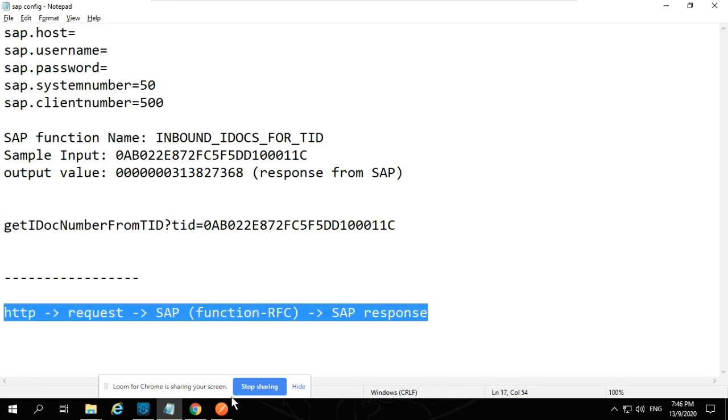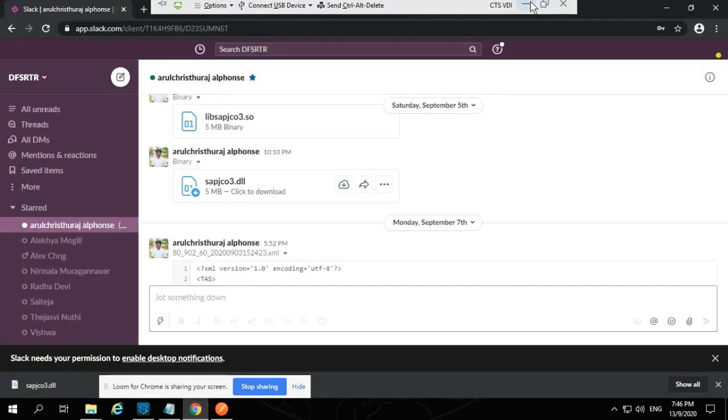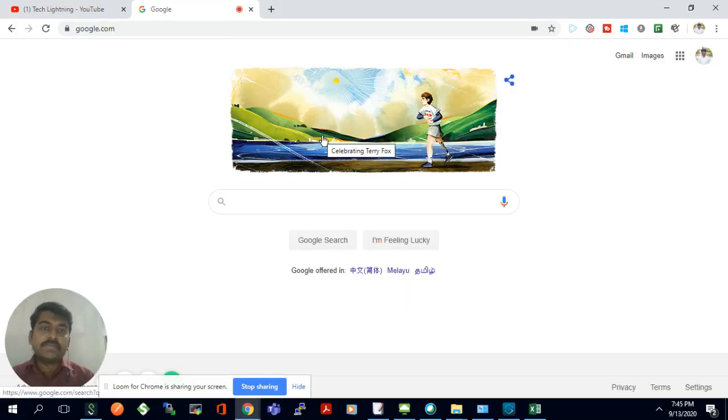Whatever we tried is only a simple BAPI, and you can use any method. The only thing is you need to pass the required parameters, so that it talks to the SAP system and retrieves the response back. And whatever we did is real time. So if you have a lot of data available in your SAP system that you want to retrieve, you can call this BAPI or the RFC call directly, and it gives a response back in real time.